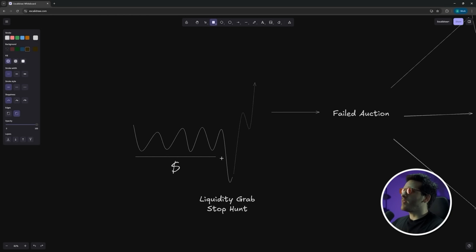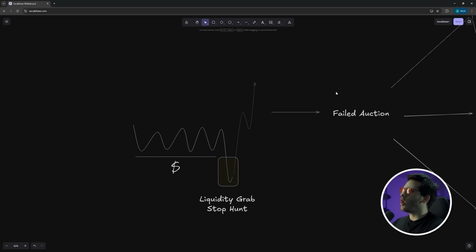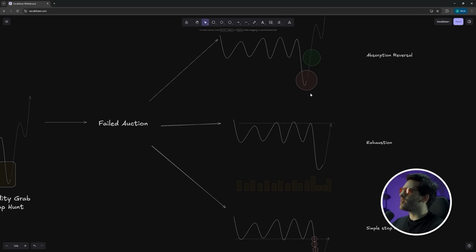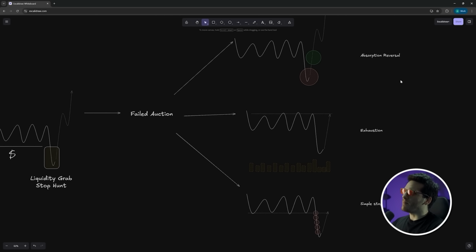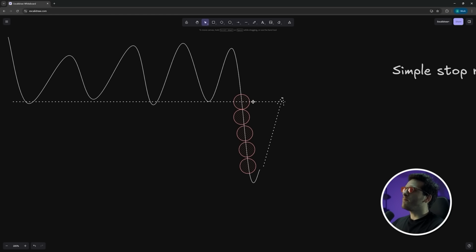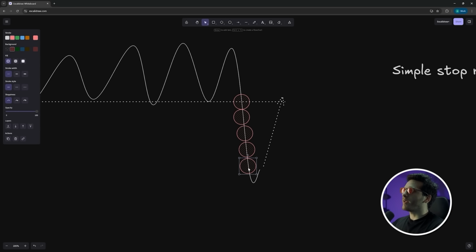Well, regardless of how you trade this pattern, in order flow trading, we call this pattern a failed auction. Sellers tried to auction below, but then failed. And a failed auction has three slightly different, but very importantly different types. You have the very simple and basic stop run, where simply these bubbles come into the market and shift and